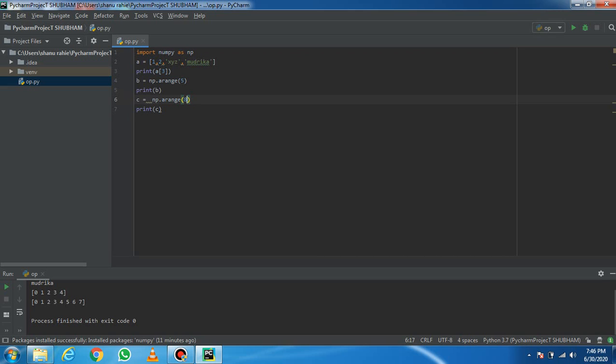Now in our next lecture I am going to show you how to join these two arrays, to convert these 1D arrays into two-dimensional arrays. But I hope you have learned this concept in the theoretical class.